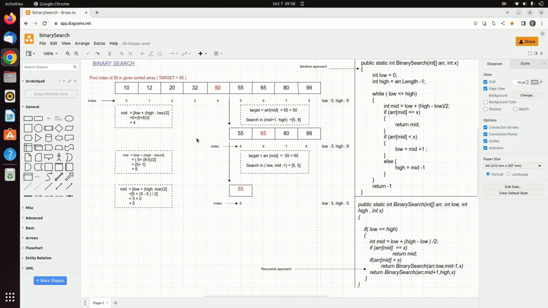To calculate mid index of this array, we use this formula. Mid index is equal to lowest index of the array plus (highest index in the array minus lowest index) divided by 2. Here in this array, lowest index is 0 and highest index is 8. So the mid index comes as 4. Now the value of the element present at index 4 is 50, which does not match with the target